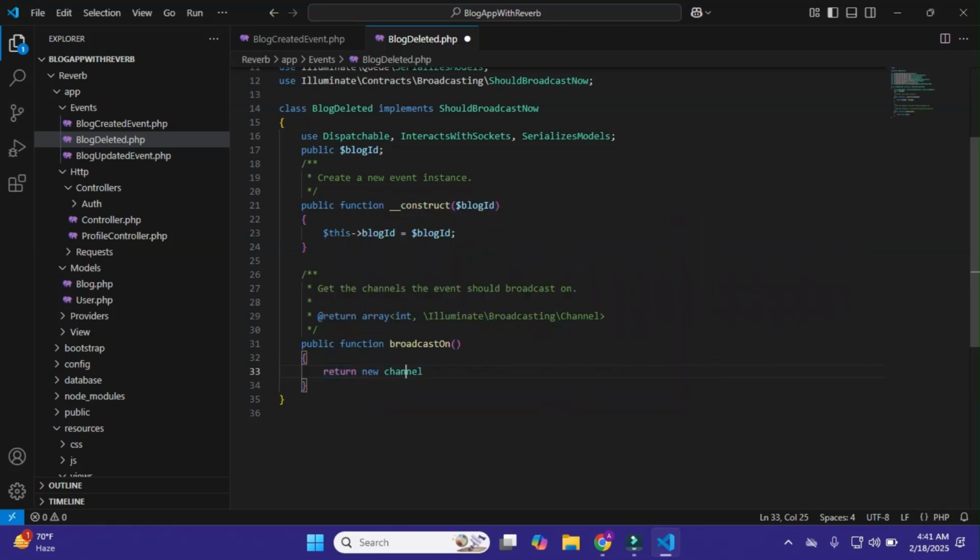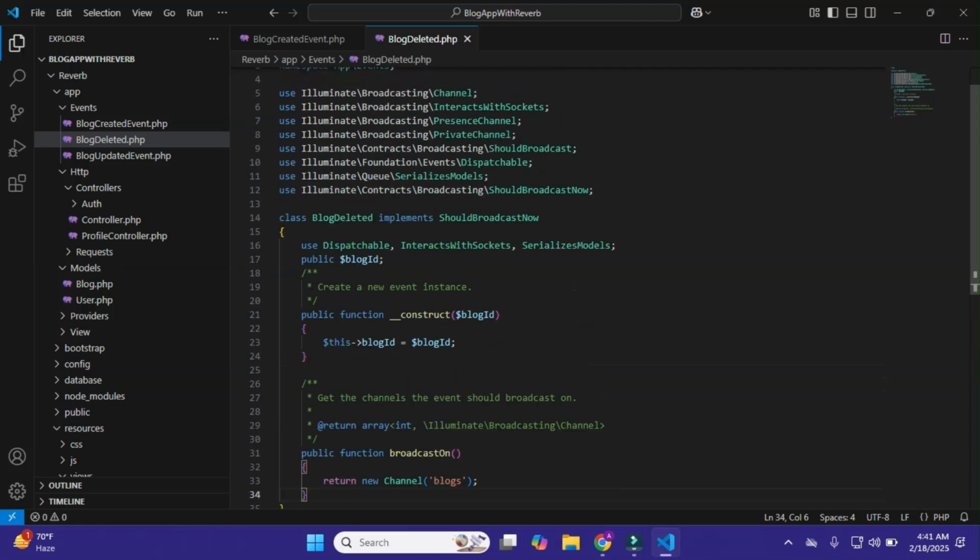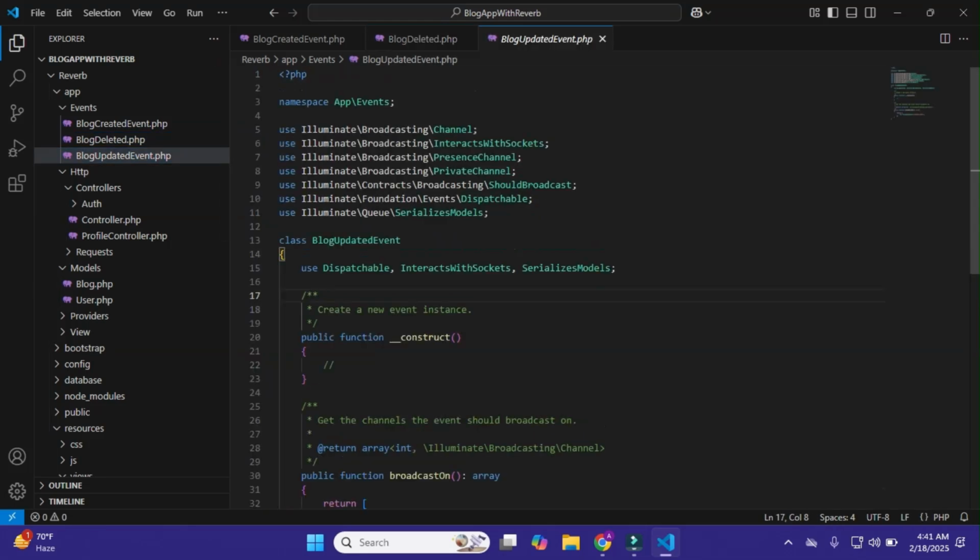Channel, and within the channel I'll just simply pass here blogs. Okay, we just simply need this. Okay, block deleted, and in the block updated event, what I will do is I'll just simply go to my